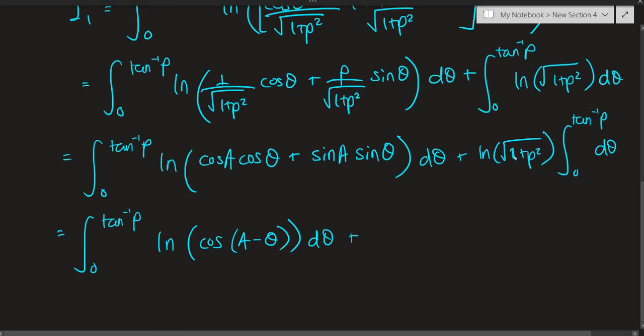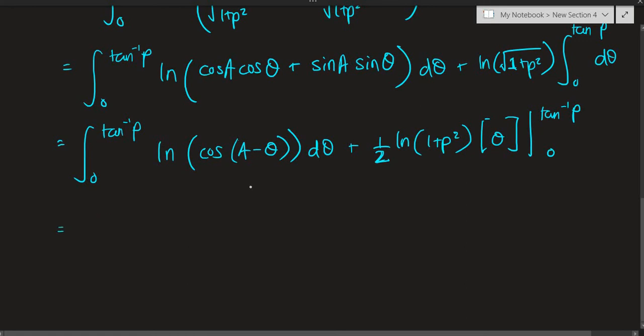plus, now notice that 1 plus P squared has a power of half because the square root is nothing but a power of half. So this entire term 1 plus P squared is raised to the half power, and using properties of logs you can bring the power down and multiply the log with the power. So we have half of natural log of 1 plus P squared. See, now notice that the power is gone because we brought it down and made it multiply with the natural log. And integrating d theta is just easy. It's just theta integrated from inverse tangent of P to 0.